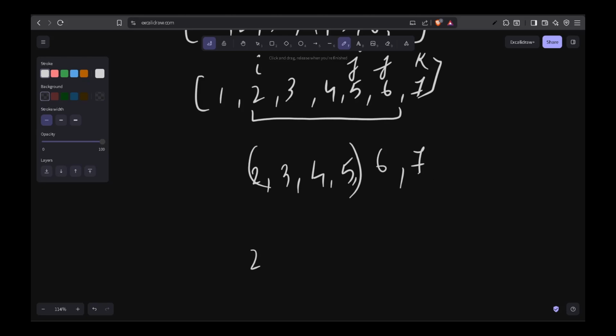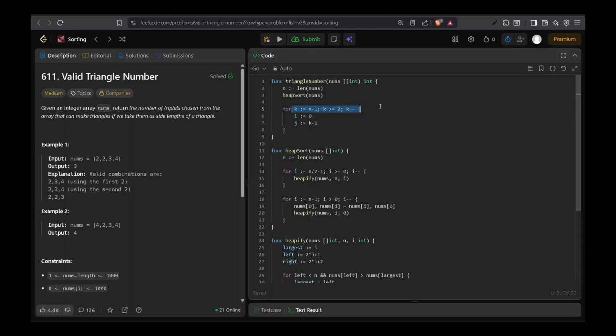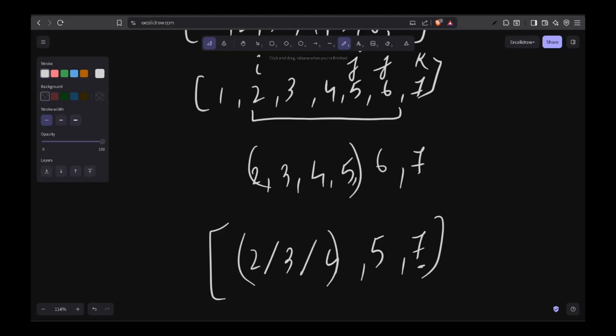So maybe 2 slash 3 slash 4 comma 5 comma 7, right? k is still fixed because we have put k in a loop. So k will reduce, it will become 6 eventually. But for now, since we are done with 6 and 7 as fixed, the next logical thing is 5 and